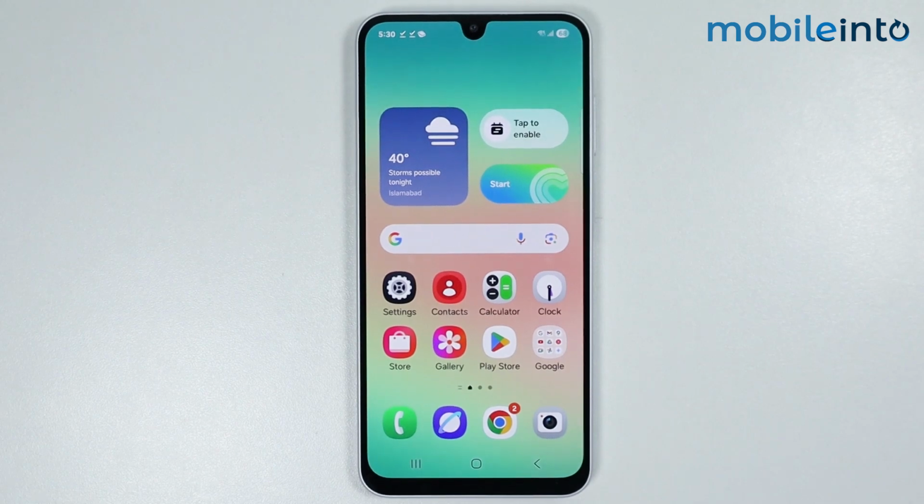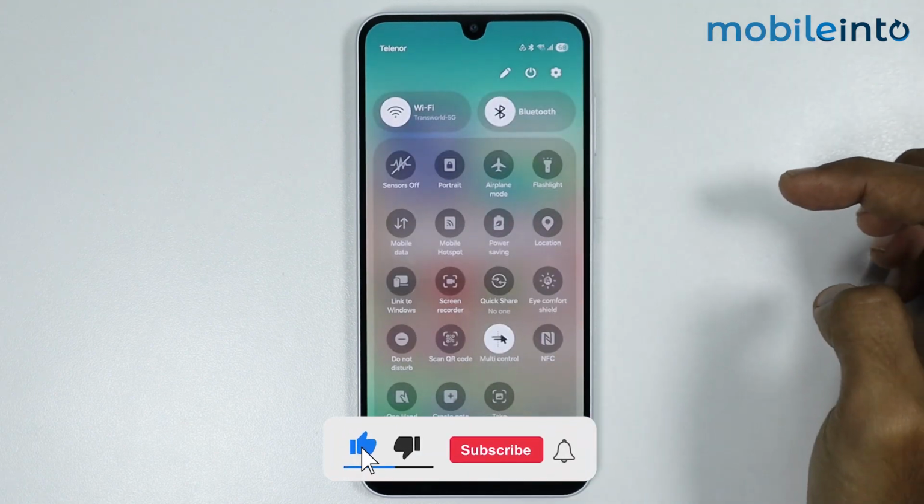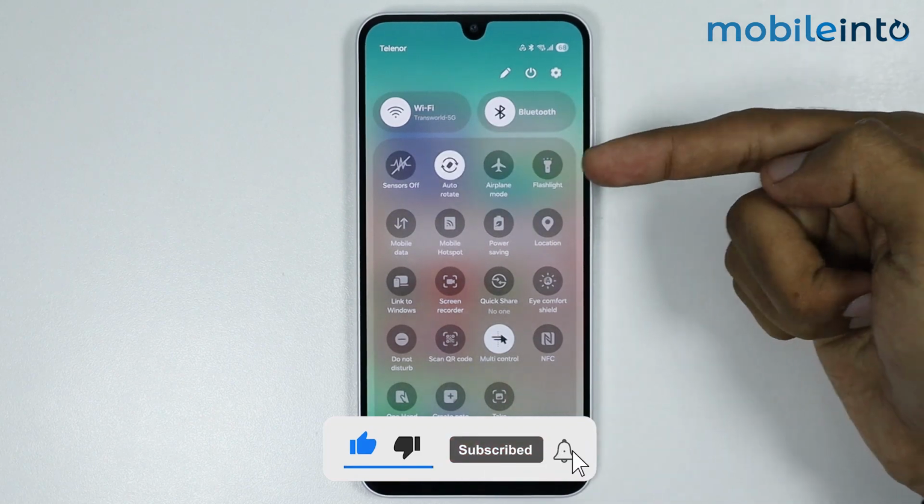Hey, what's up guys? So in this video, we will see how to fix auto rotate not working on any Samsung phone. Now to do that, just open the control center and from here, just make sure you enable auto